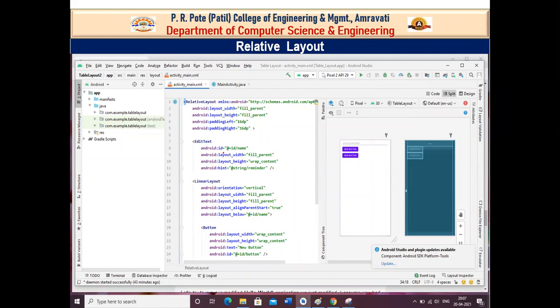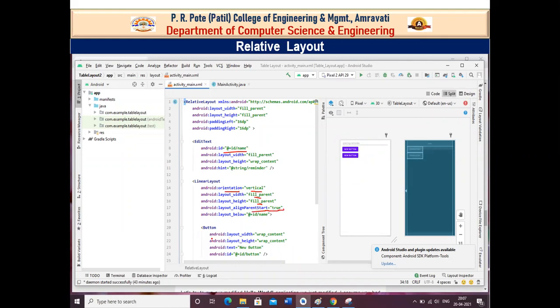Okay, so this is the edit text property. Name is a unique identification of that text. Now, here we mention the linear layout as vertical because I want these two buttons to be in vertical position. Okay, so the properties are fill parent and align parent start is set to true.